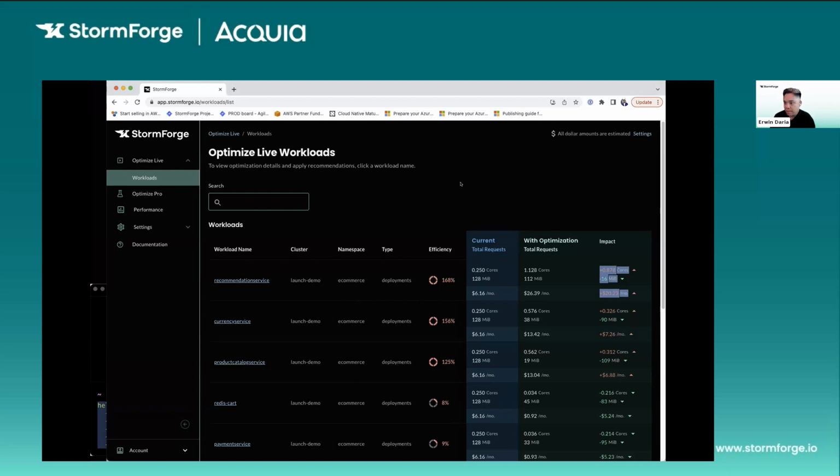The machine learning has already been working for the last 24 hours. And you can see on the screen that it's already been making recommendations. When you go to the Optimize Live UI, you'll see your list of workloads, and they are stack ranked on